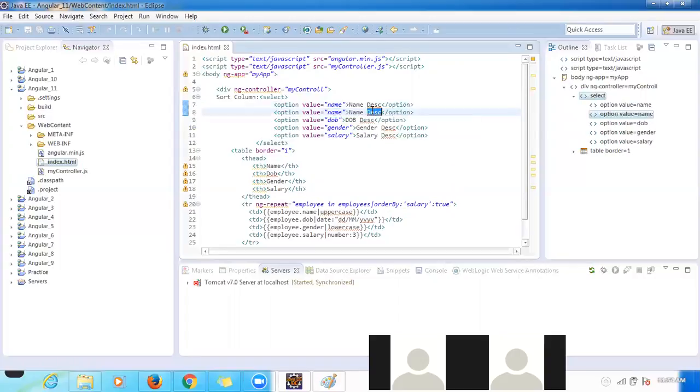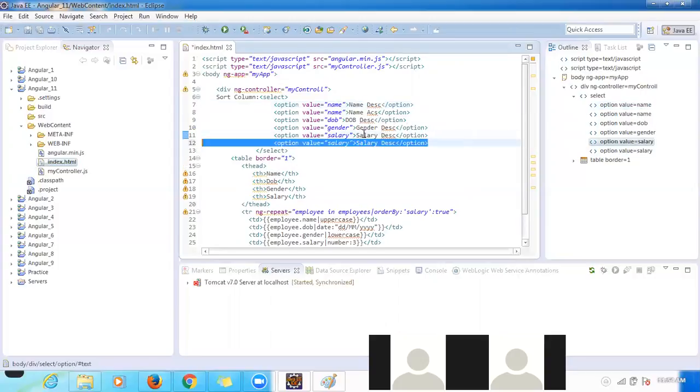So only for name, I want to display the ascending option. For name, if you want to display ascending order, select this option. For name, if you want to display in descending order, select this one. The same way for salary, I want to provide two options, ascending order also. Now the second question is, if you are not mentioning anything here, plus or minus, so it will be,